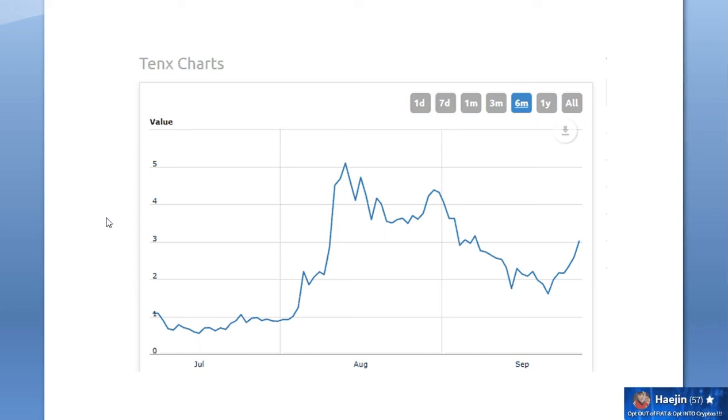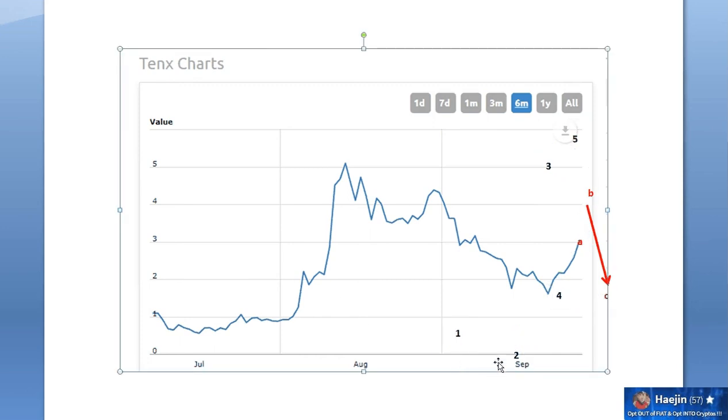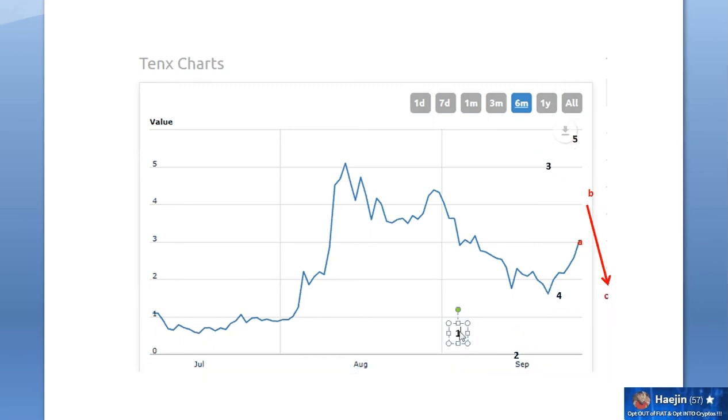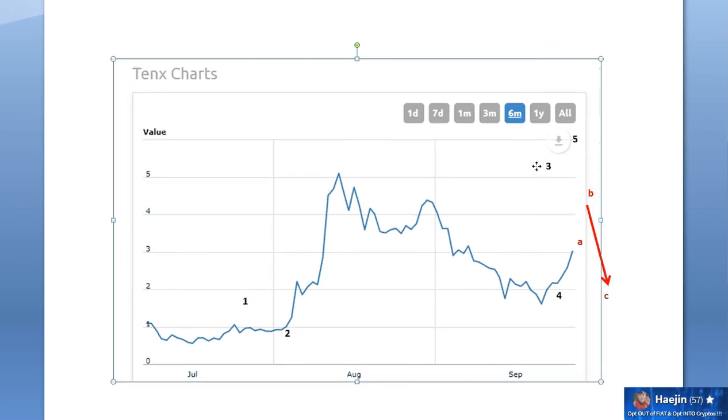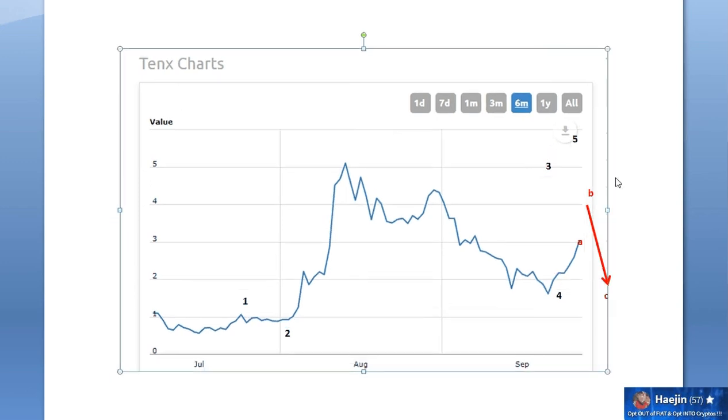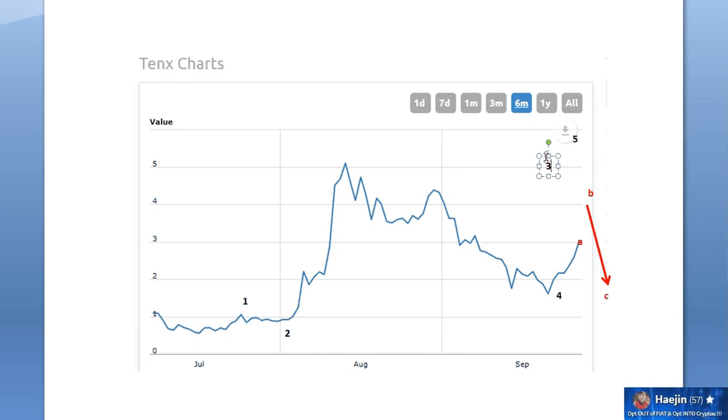Alright, so 10x. Let's do a count. This is a 6 months daily chart. I'm just going to count it from, let's say, 1. I'm going to assume this is a bottom of a correction. 2. And I have to do this here manually because TradingView data just goes back a few weeks. They must have just added it. I wish they would add all historical data. That would be nice. That's not the case for this, so